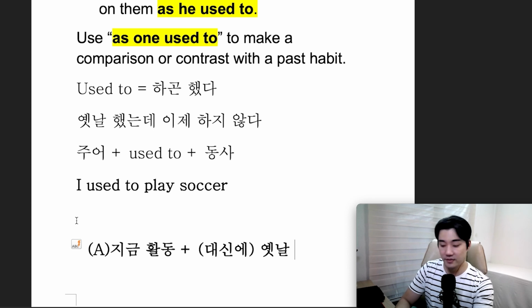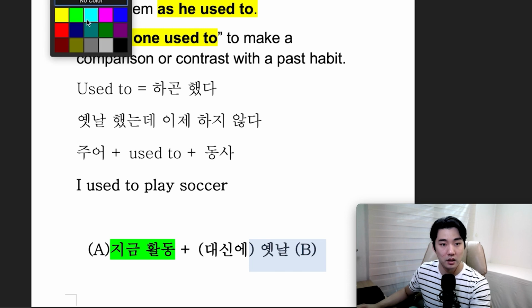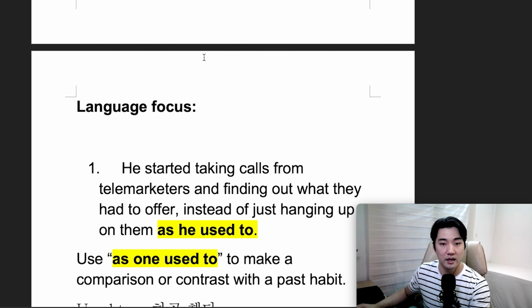Let's say B, just to keep it easy. All right. So in this example, let's put this in green. Let's put this in blue. All right, and let's have a look